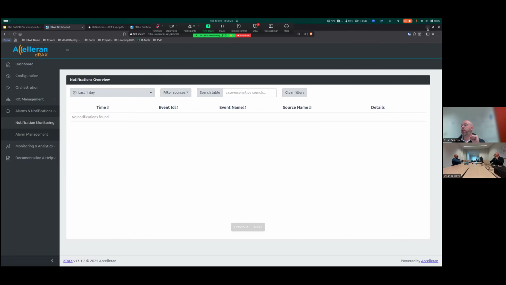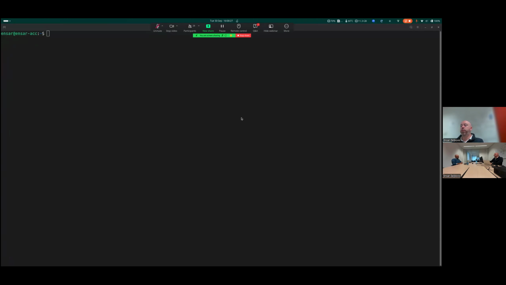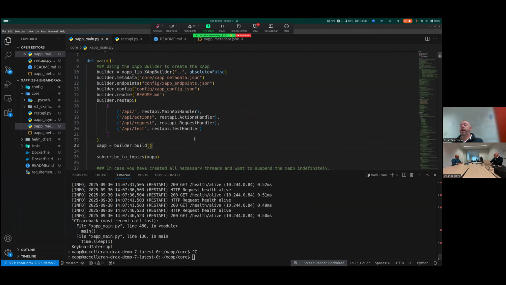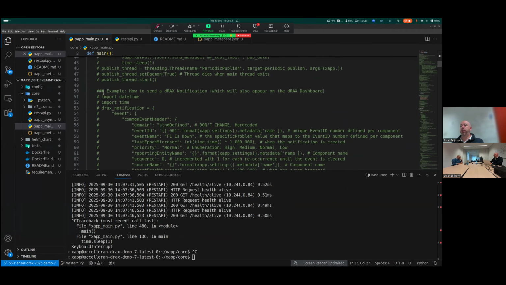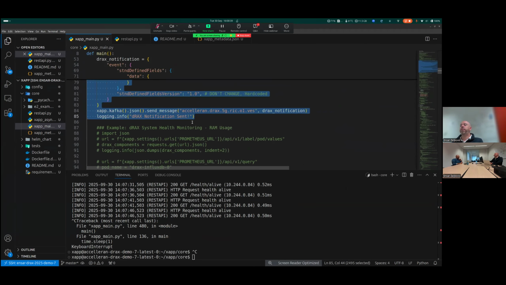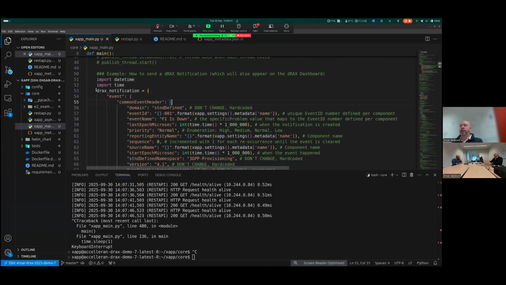So just to show you how that works, if I go back to my xApp and stop this over here, we have the example code. It's a bit of a bigger one, but basically a dRAX notification, or dRAX event, because we're renaming it, it really is an event, not a notification.